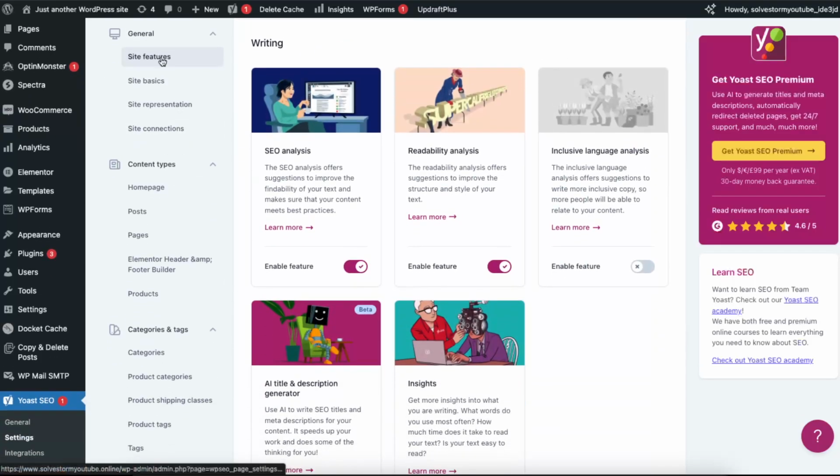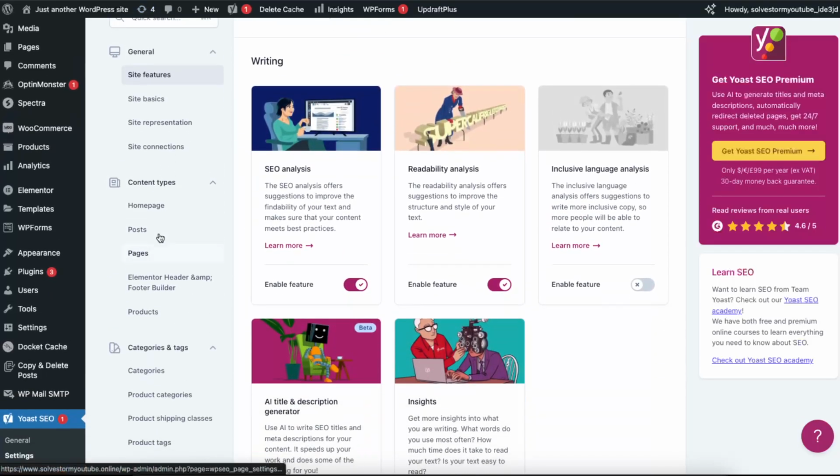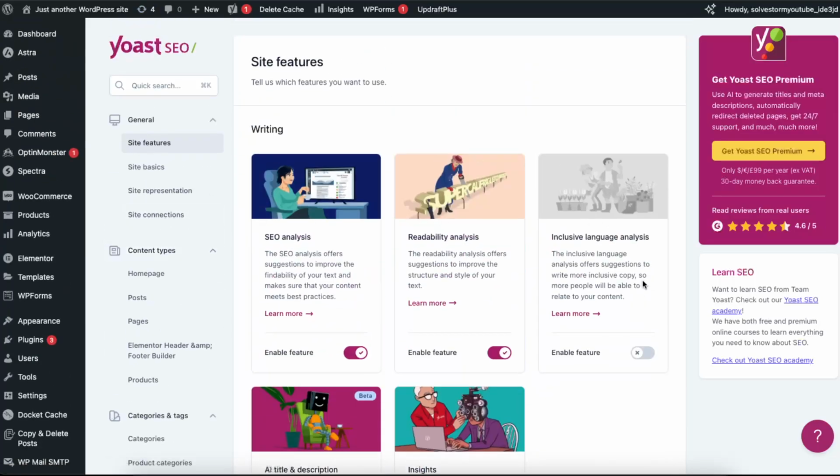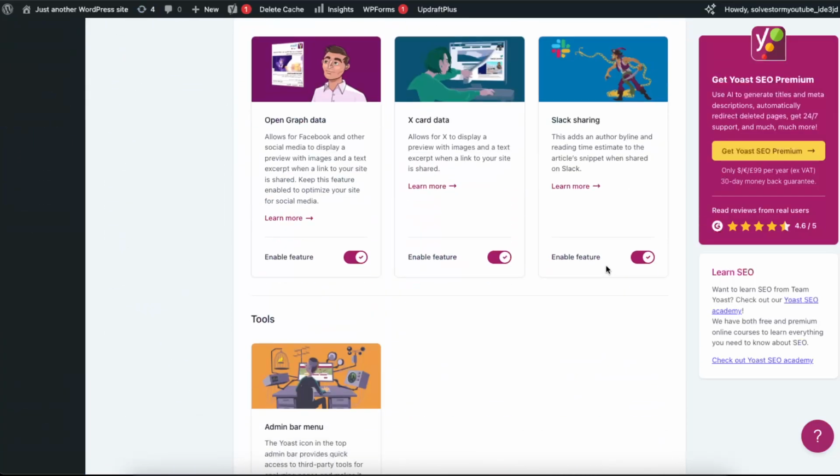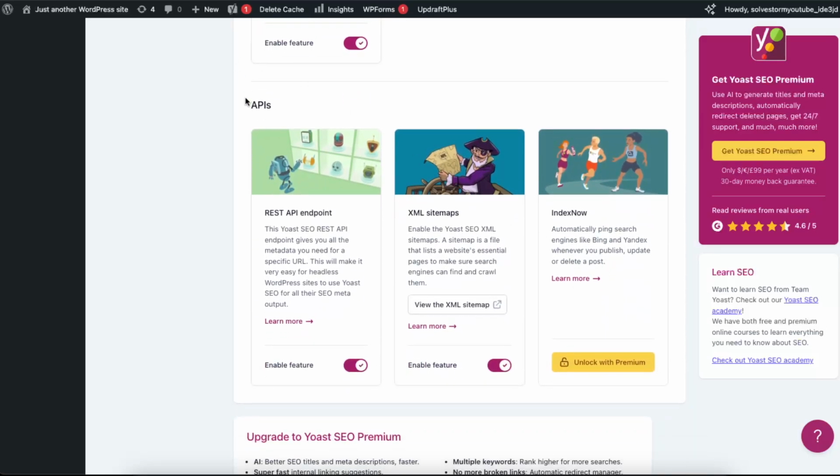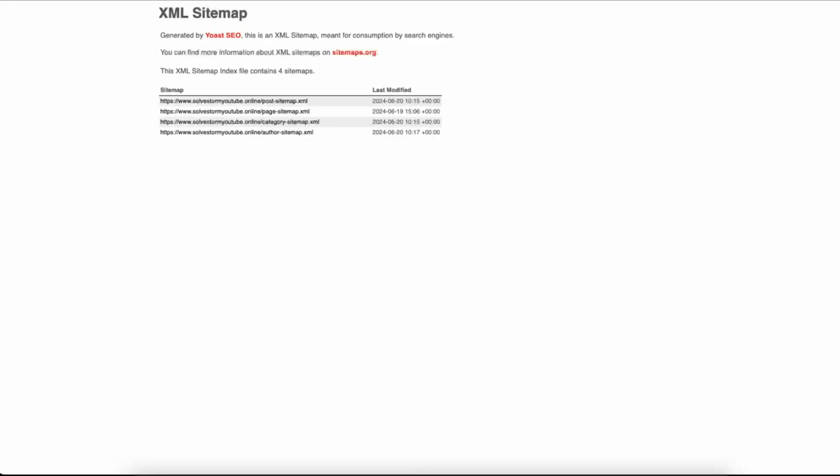Now you will see all of these features and all of these categories. But what you want to find is go ahead and scroll down until you see APIs and XML sitemaps. Now we want to go ahead and click on View XML sitemap, and you will see these sitemaps here. You can find more information right there, or you can also go to